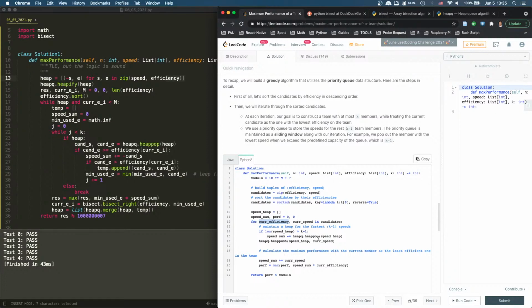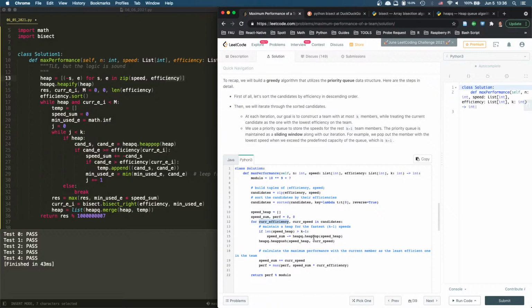That is correct. Now, when we add our current one, in this order, as we go through, we maintain the fastest, it's actually not k-1 speeds, it's the fastest k speeds. Because when it's larger, that means it equals k, so we pop and then we add, so it's the fastest k speeds so far,